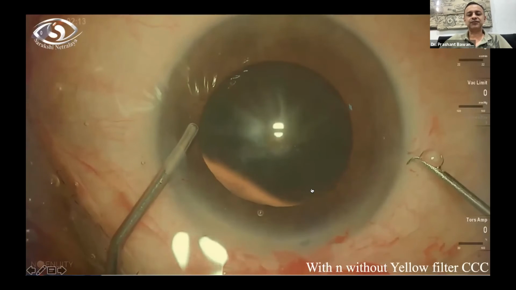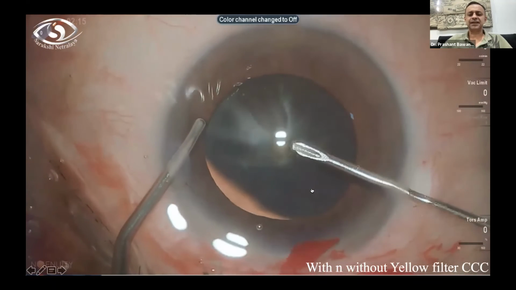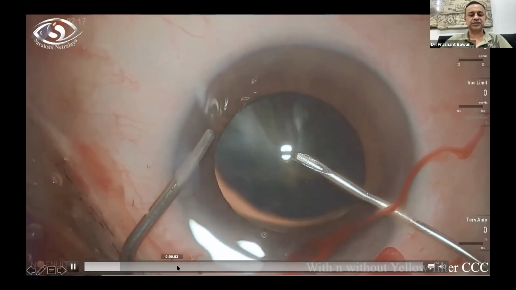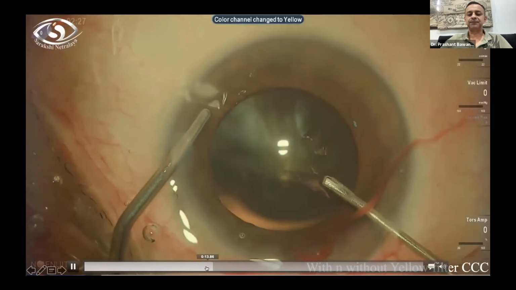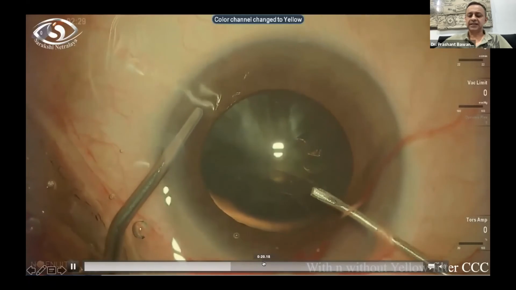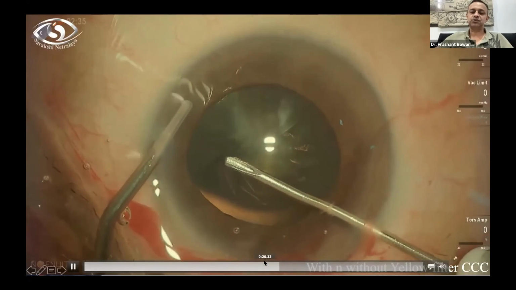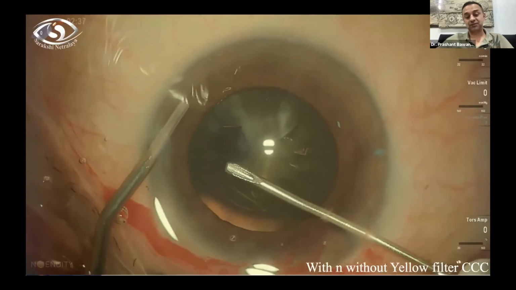Now, this is a case of a capsular access being done. I have stained the capsule, but somehow I'm not able to see so well. I have changed the filters and now see the visibility of the stained capsule. These are the definite advantages in posterior as well as anterior segment surgery about the color